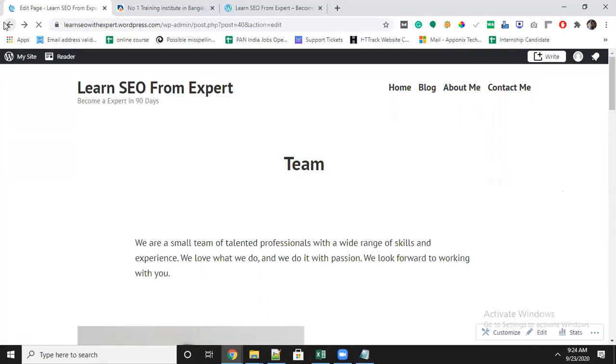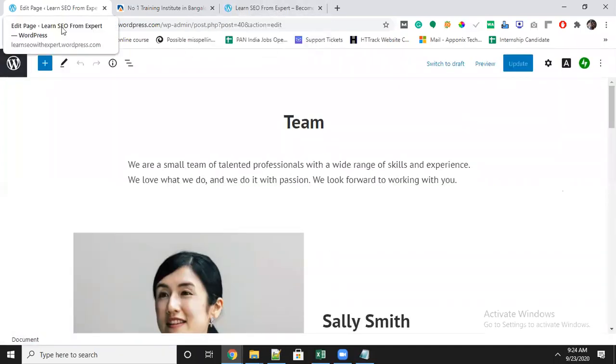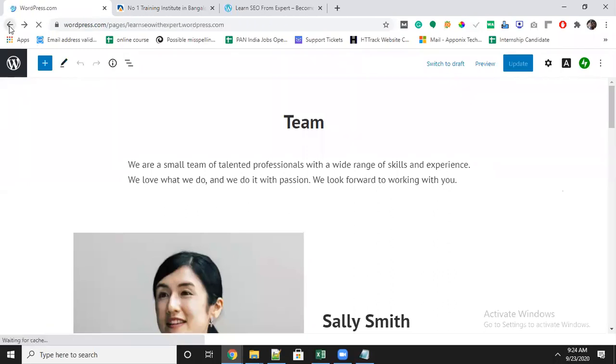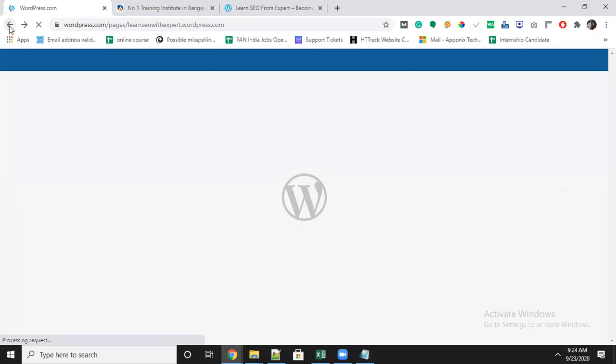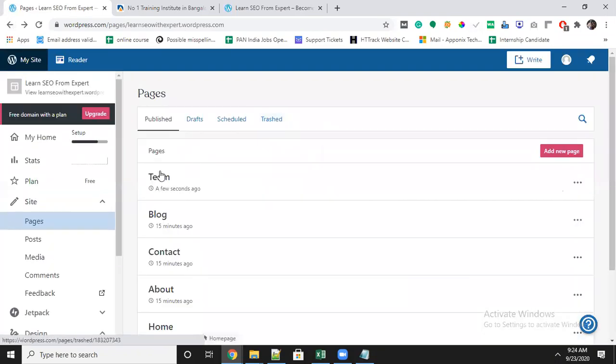Let's see. I will come back again to editing. I just chose the page layout, page theme. Come back. Right now it is saved as a theme.